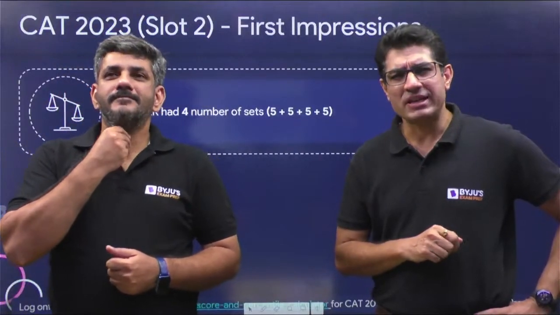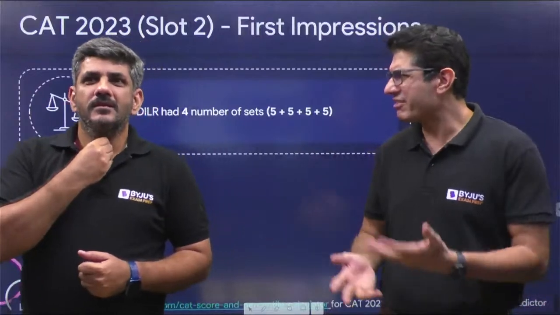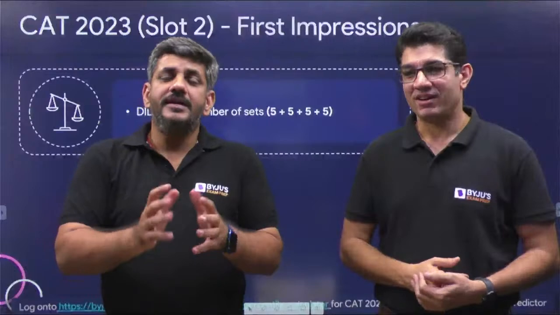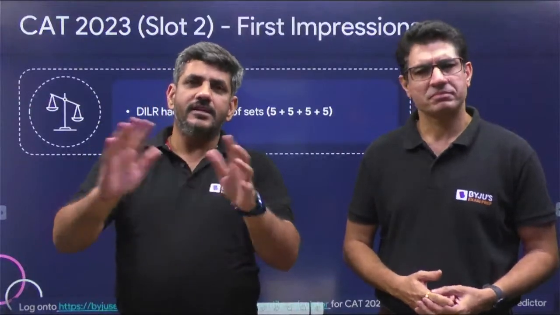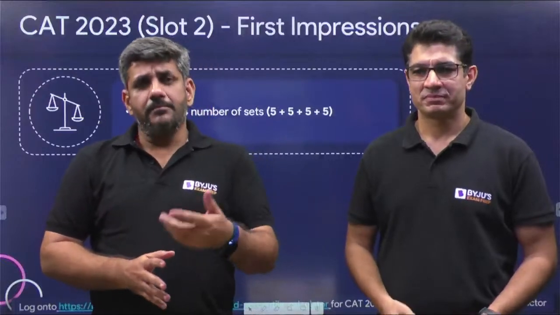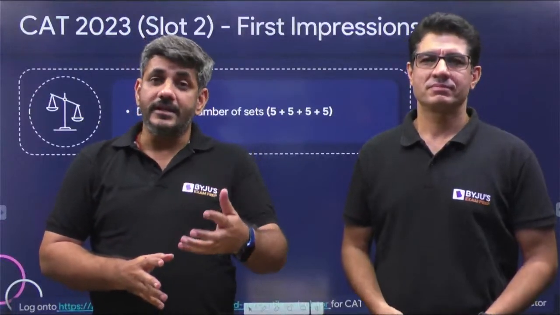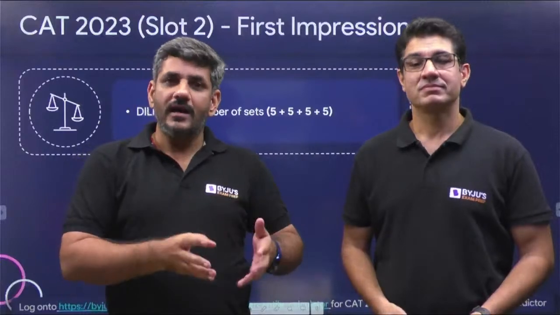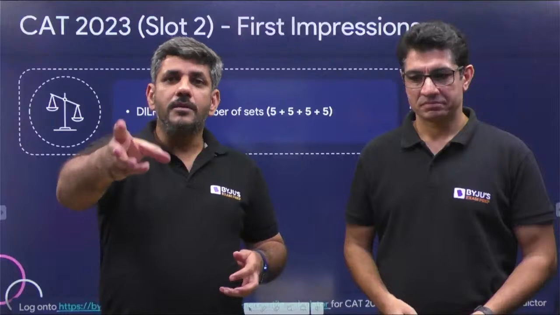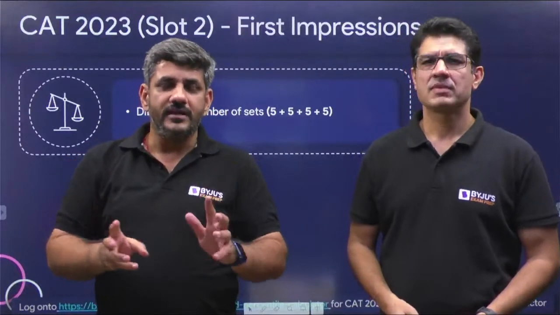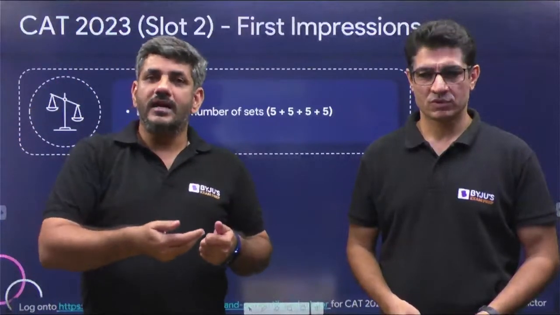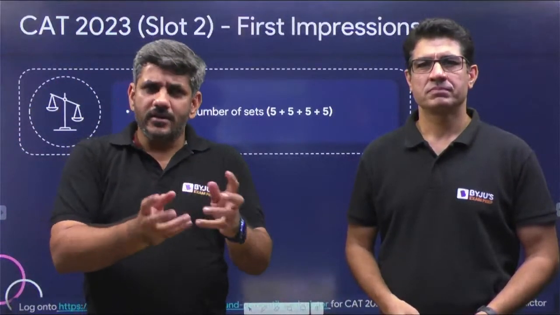Ankit Vajra sir says no DI, no conventional DI. We wouldn't say there was no data interpretation. As we were discussing, what do we generally call DI? When there is a graph, a line graph or a bar graph. This time the graph was not there, but actually none of the questions was pure LR, because all of them had some mathematics involved. Even in that ride question, we have to see whether 20 plus 30 becomes 50, and then probably look at the times as well. So a little bit of that was involved.